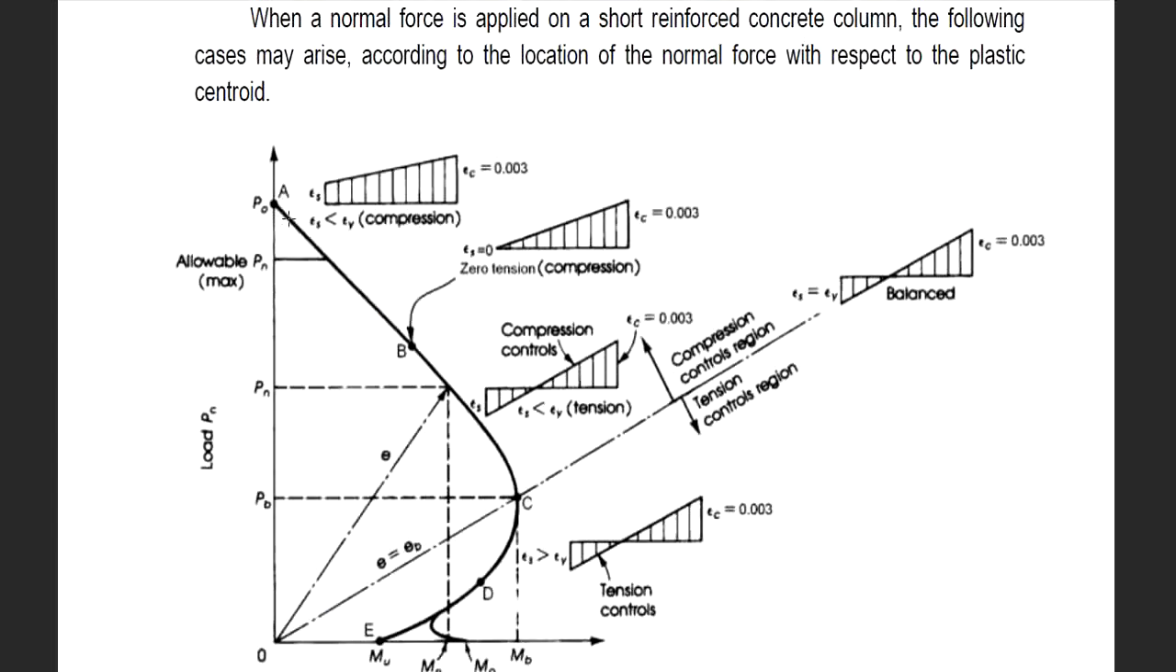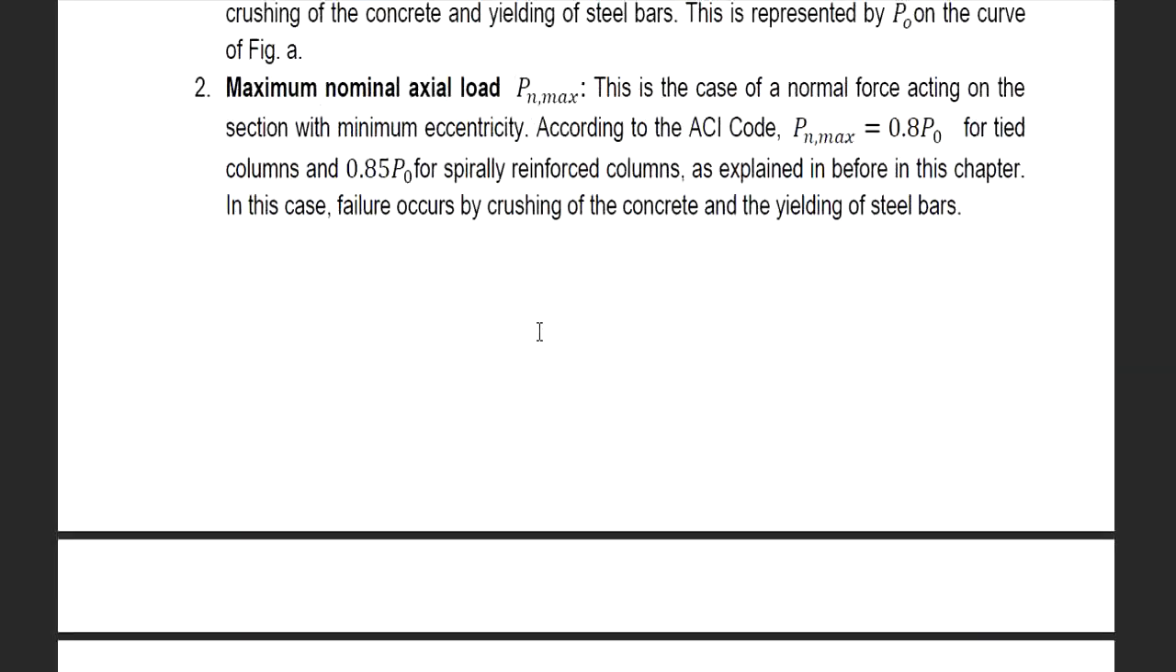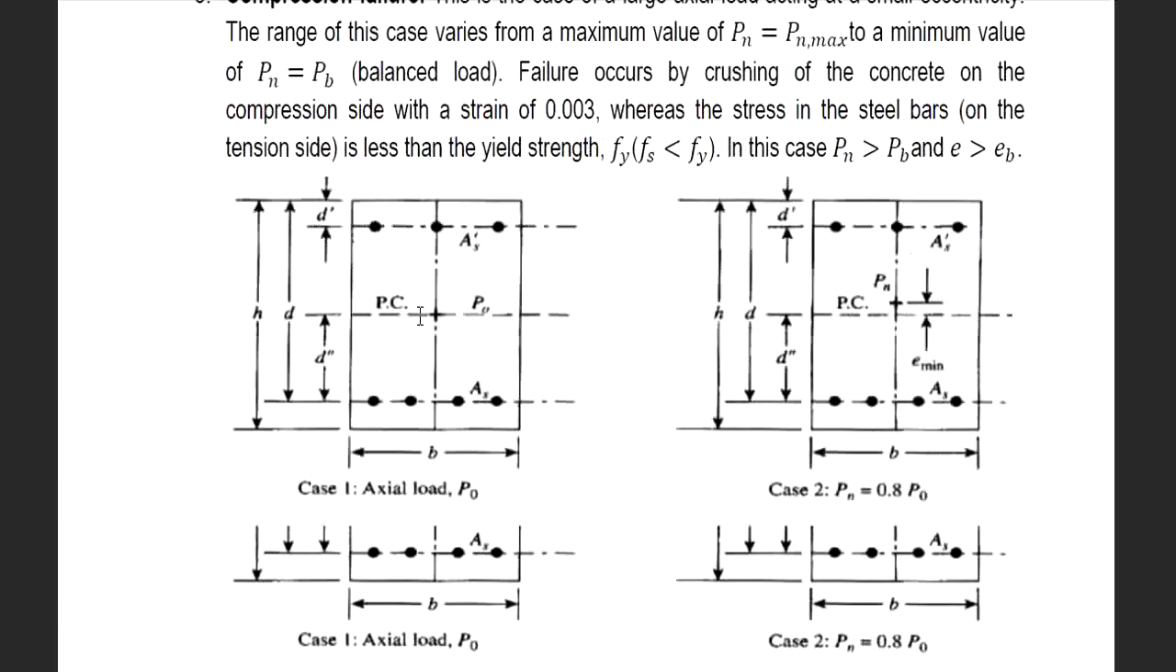So you can see as this curve moves on downward direction, the eccentricity is going to increase. But at a certain point, we are going to consider the minimum eccentricity. And whenever there is a minimum eccentricity, column is going to fail by crushing. Whenever the eccentricity is more than minimum eccentricity, slowly the tension zone is going to get induced. So you can see over here, next point,